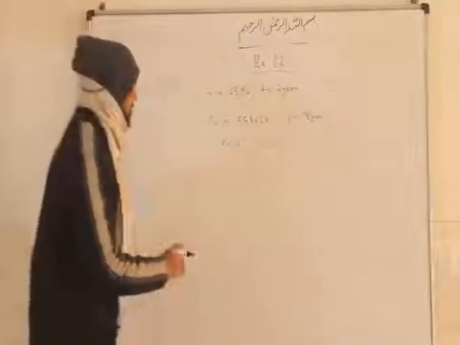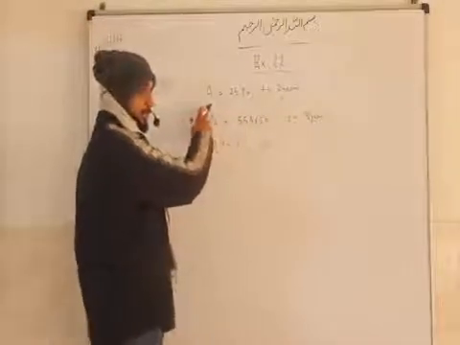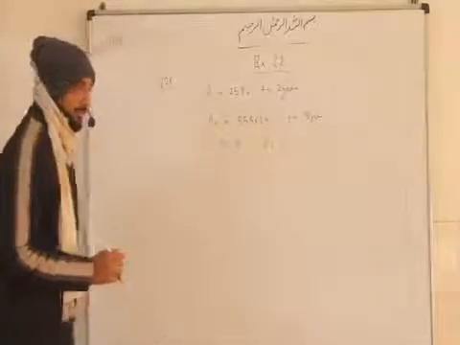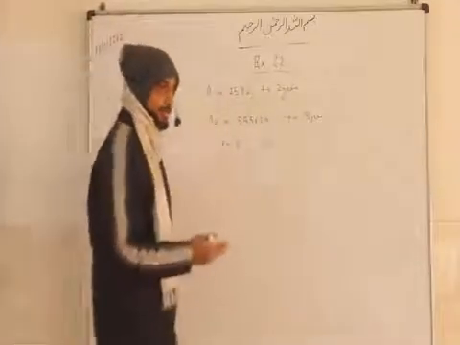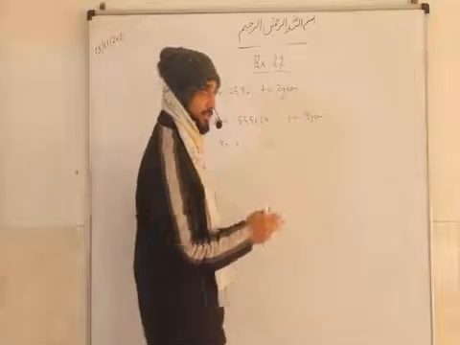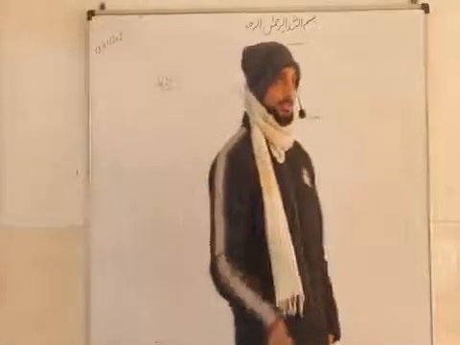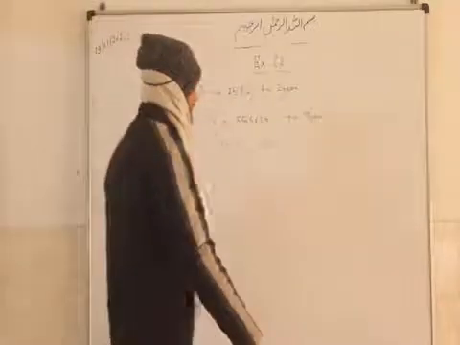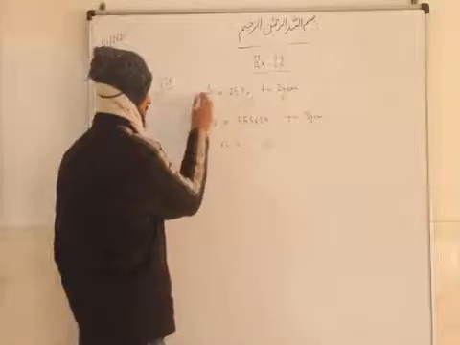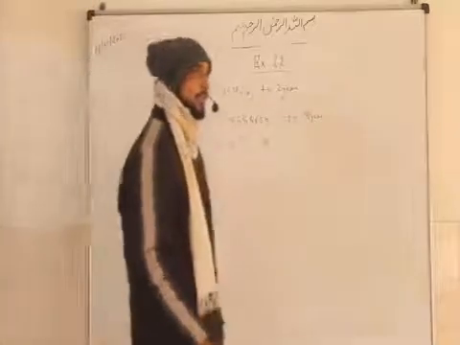Okay, let's see what is given here actually. The amount for 2 years. This is basically the amount after 2 years. We don't know what the principal was, and what the rate was. These two things we have to find with the help of this. So this is the amount after 3 years and this is the amount after 2 years. The difference between these two amounts will be the compound interest.